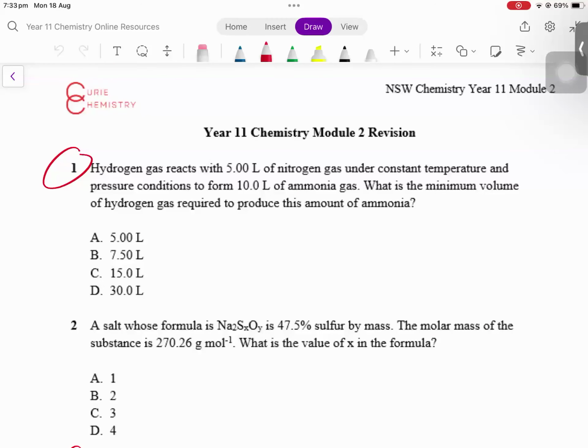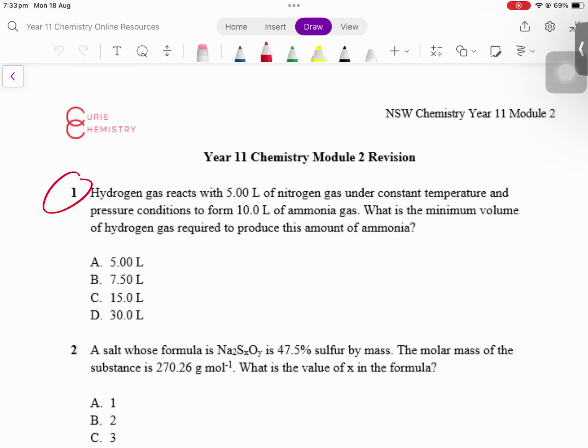Hydrogen gas reacts with 5 liters of nitrogen gas under constant temperature and pressure conditions to form 10 liters of ammonia gas. What is the minimum volume of hydrogen gas required to produce this amount of ammonia? I've told you before that when you're doing stoichiometry